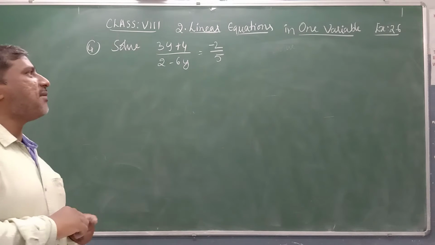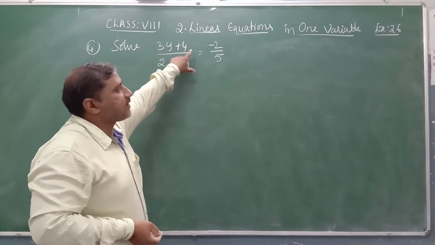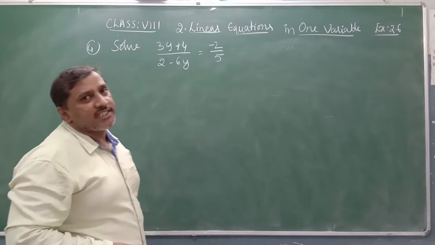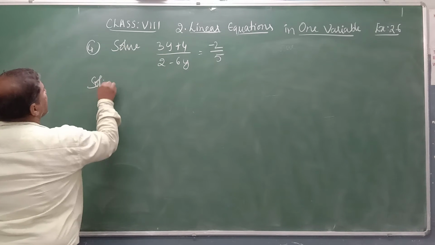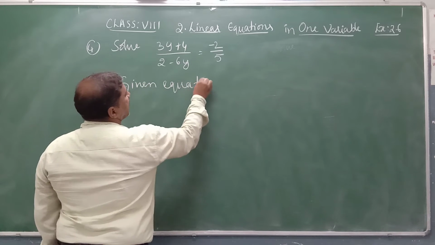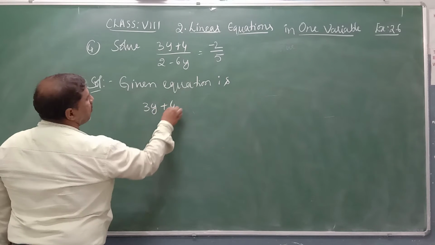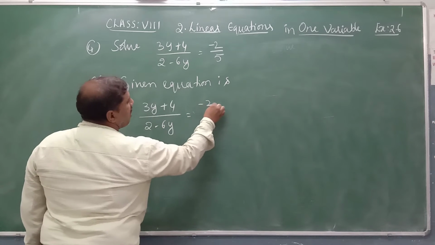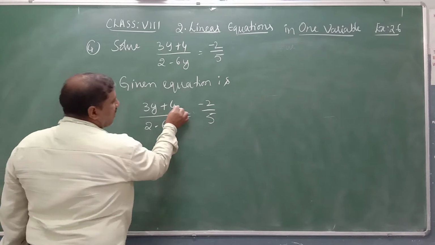Now question number 4 from exercise number 2.6. Solve (3y + 4) divided by (2 - 6y) equals -2/5. So the given equation is (3y + 4) whole divided by (2 - 6y) equals -2/5. So by cross multiplication,